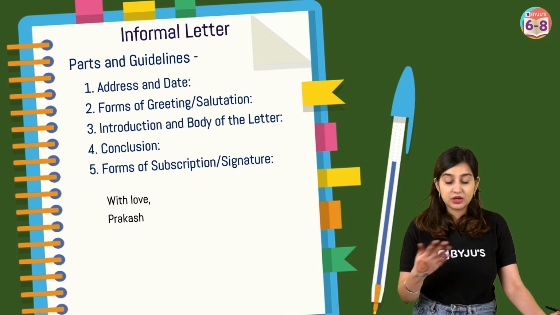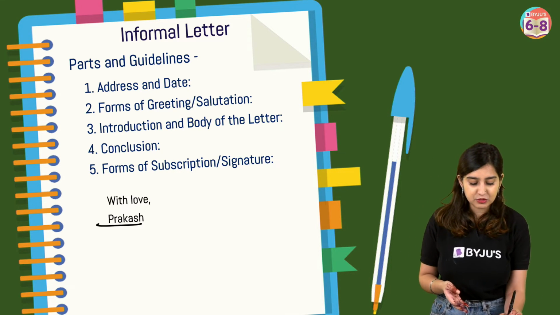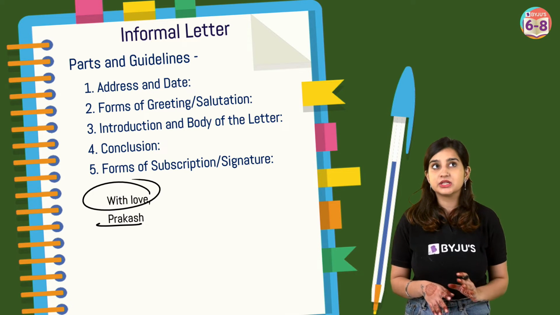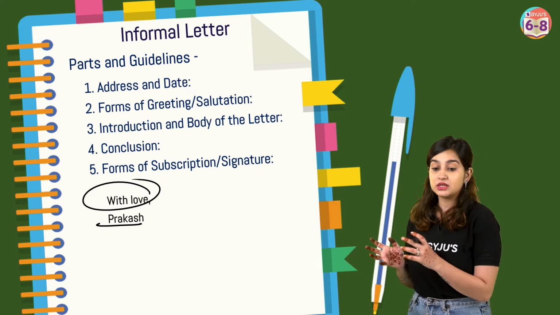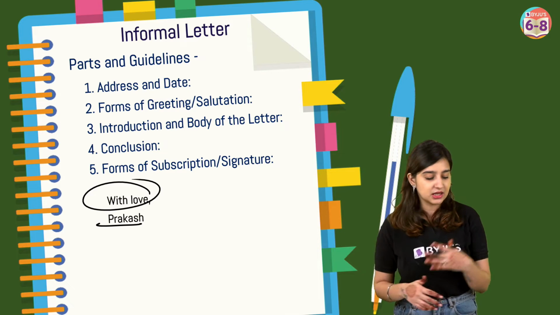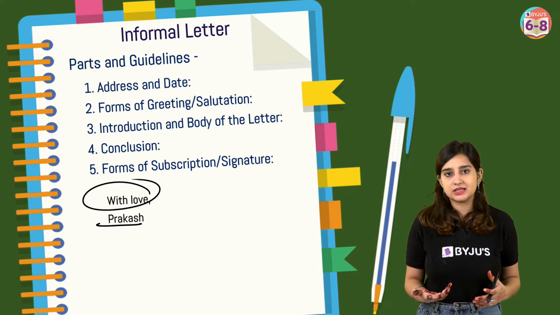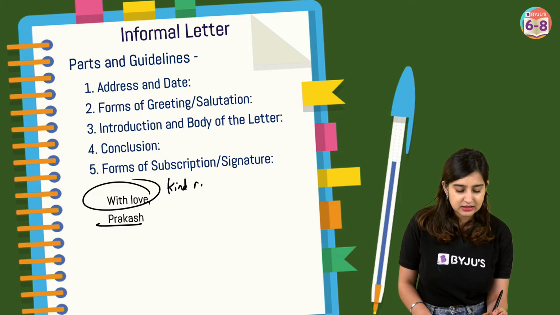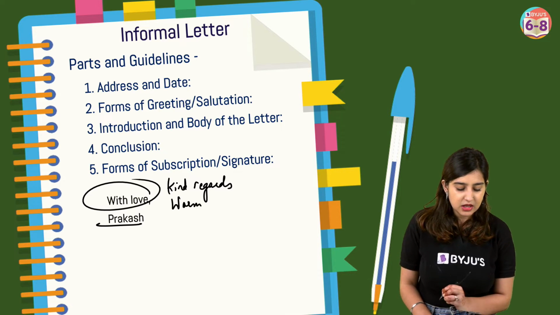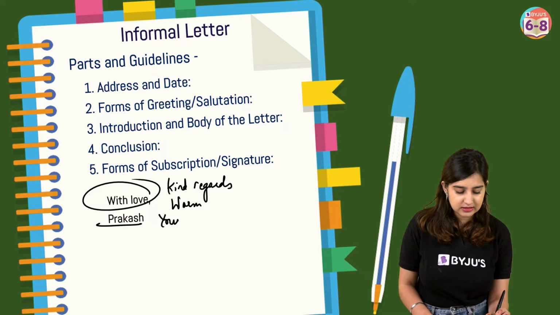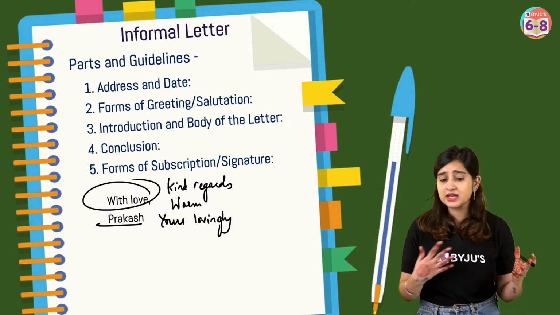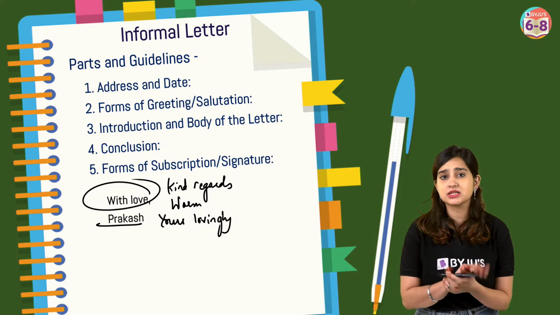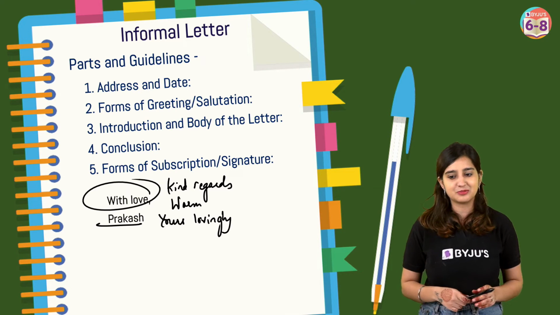Then how do you write your own signature? Obviously नाम तो अपना लिखोगे, उससे पहले क्या, अब जैसे हम लोग फॉर्मल लेटर में yours faithfully, yours truly, yours sincerely लिखते हैं, इधर हम थोड़ा सा और लिबर्टी ले सकते हैं. With love लिख सकते हैं, फिर आप kind regards लिख सकते हो, आप warm regards लिख सकते हो, आप yours lovingly भी लिख सकते हो. ठीक है? So आपके पास बहुत सारे options हैं, आपको जो सबसे अच्छा लगता है you can go ahead and use that option. Okay,